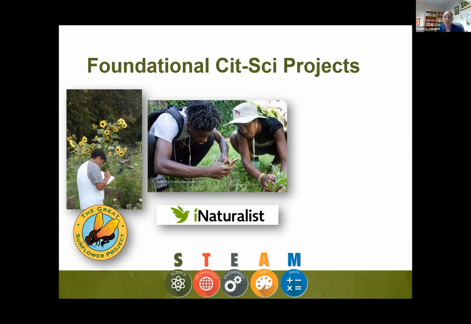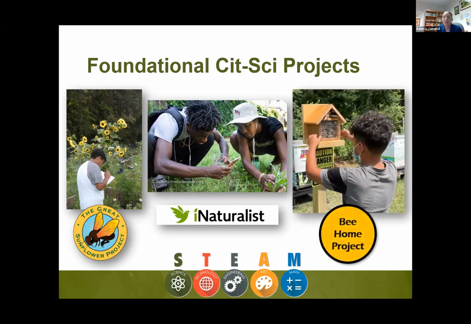Lastly, we'll be developing a new project. And this project is tentatively called the Bee Home Project, in which people are going to put out native bee houses like these. They look kind of like bird houses, but inside there's little tiny hollow tubes. And the hollow tubes are what bees like leafcutter bees and mason bees will use in the spring and throughout the summer to have their solitary bee nests. So these are native bees rather than honeybees.